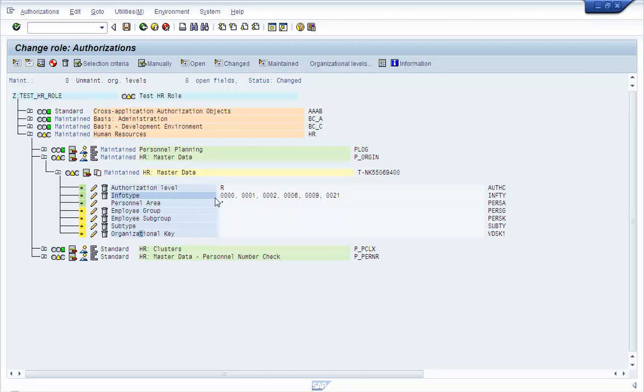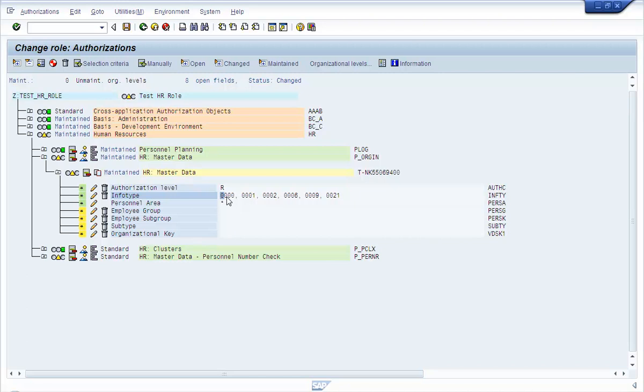Now, because the HR data is stored in various info types, you'll anyway give access to those info types that are needed as per the business requirements. And subtypes also are part of info types. So depending on what your business requirement is, you'll give access to data from the required info types.